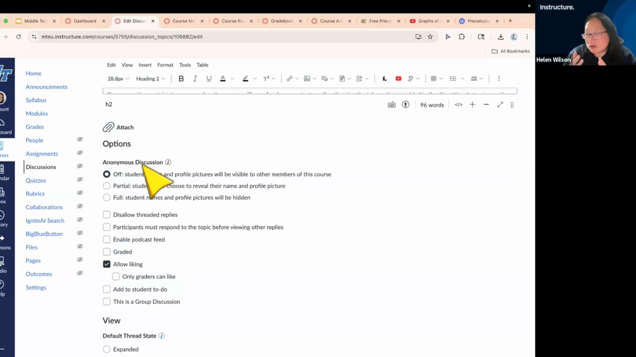Maybe in graduate level, upper level humanities, social sciences, you have some sensitive topics that are being discussed, and you don't want students to feel embarrassed to share certain points of view. So maybe you want to turn on anonymous discussion. Now, if you leave it off, everybody can see that Lauren said that thing. Sorry, Lauren, you're right there. Which is fine. You can leave it off. If you do want to turn on anonymous,